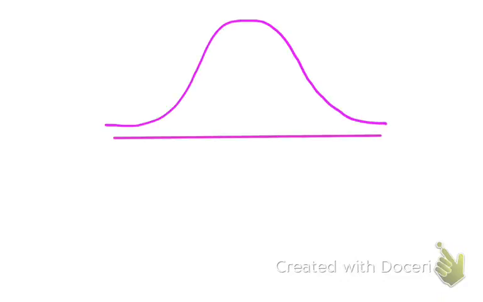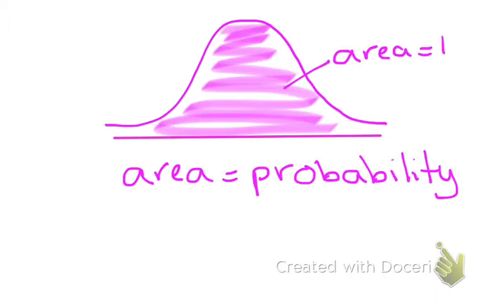So we want to look at our normal distributions, converting them to probabilities, which is on page 19 of your book. So we're interested in what is our normal distribution. We all recognise our normal distribution. Hopefully we all recognise that when I colour in the area underneath that curve, that area is going to be